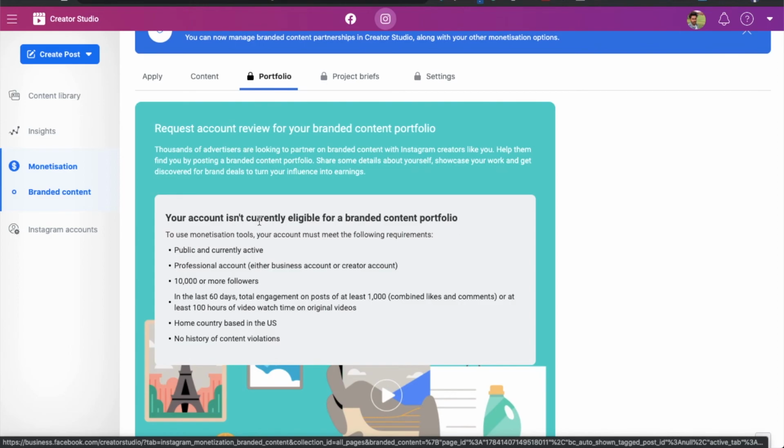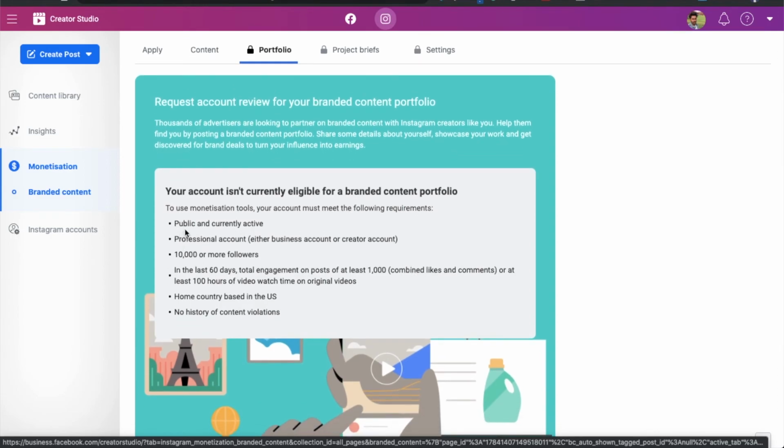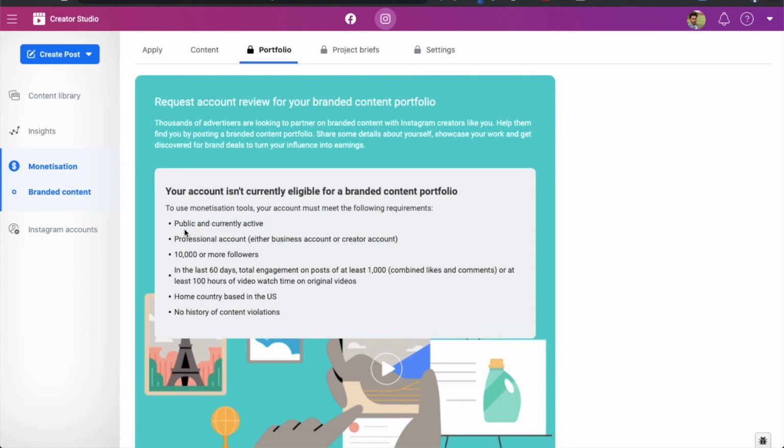Your account isn't currently eligible for brand content portfolio because I do not meet these points, which should be fulfilled. And the main point is that this option is only available for US-based content creators, and as I am in India, I don't have this option.